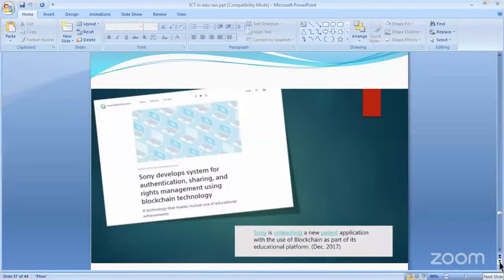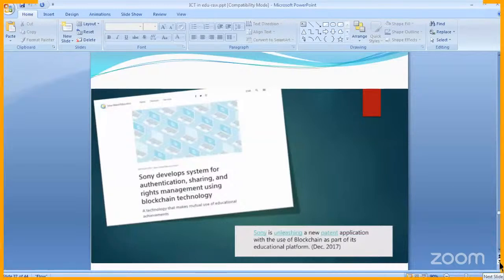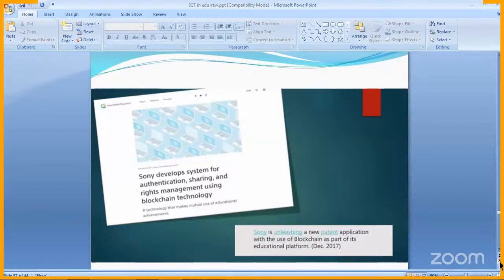Now, with these trends, how are the international players moving? This is news I have just put into the slide: Sony develops systems for authenticating, sharing, and rights management using blockchain technology. We know that these days there is a lot of issue with copyright. There are now so many online solutions available to check plagiarism.